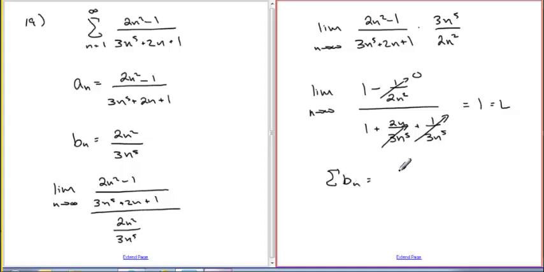So I take the summation from n equals 1 to infinity of that, which is 2/3 times 1 over n cubed. So this is a p-type. I have n to some power. And so this series converges